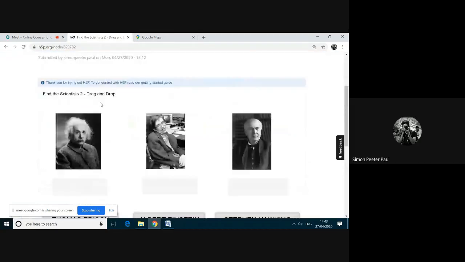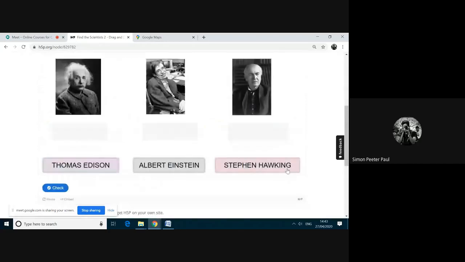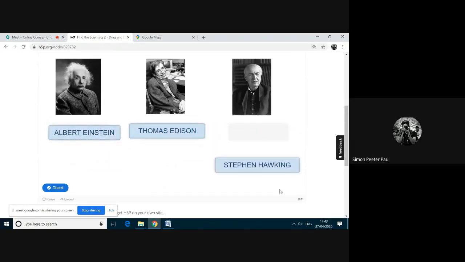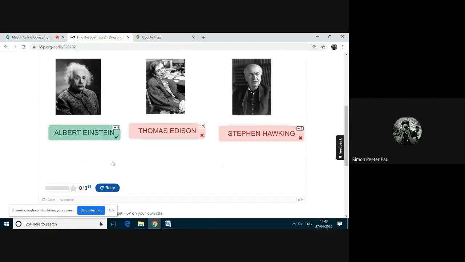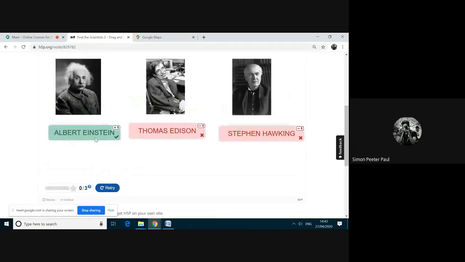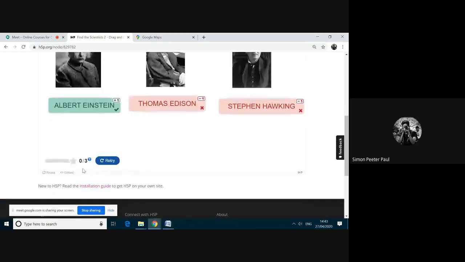Okay, here instead of Stephen Hawking, I'm doing here, and I'm clicking here, and I'm doing here. Here I'm having one right answer. I'm checking. See here, I am getting 0 marks, but I have one right. I made only 2 mistakes, but it is showing that I am getting 0.